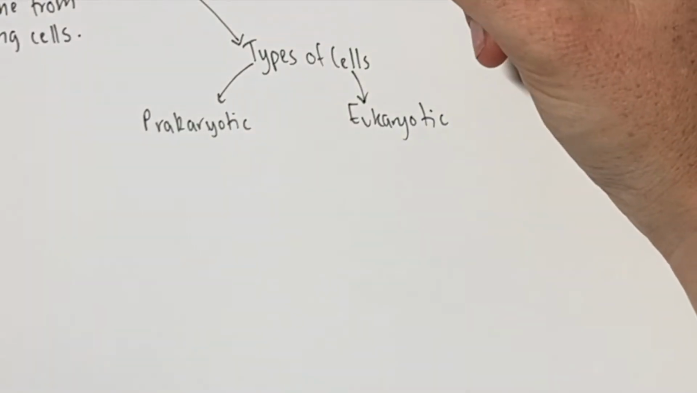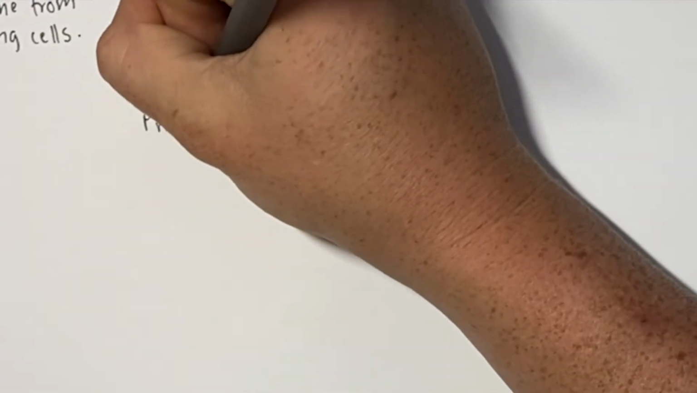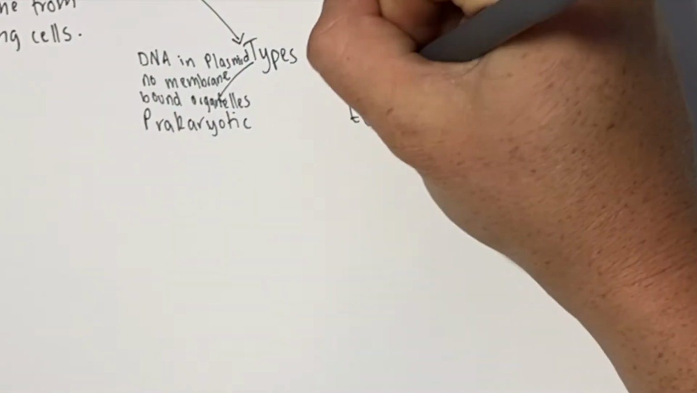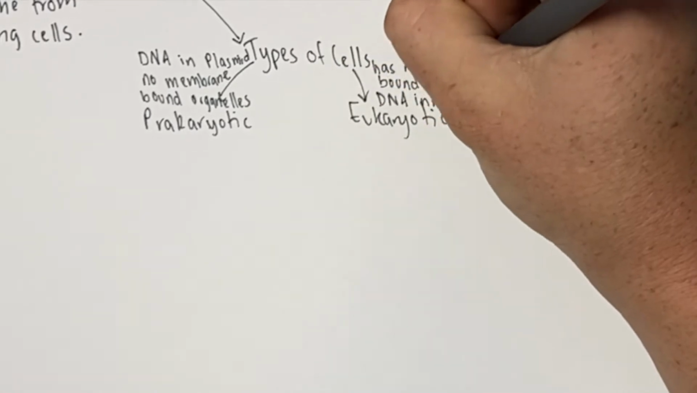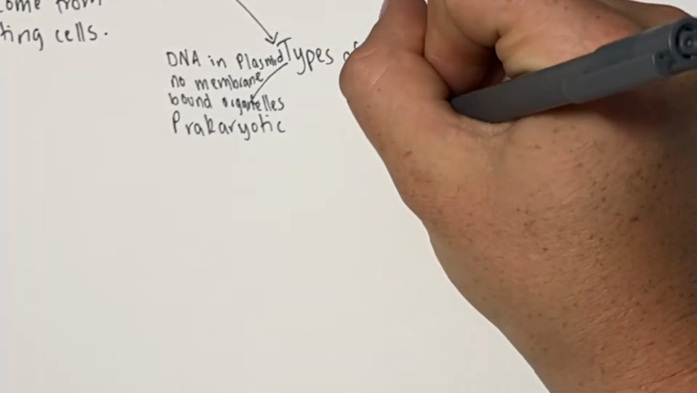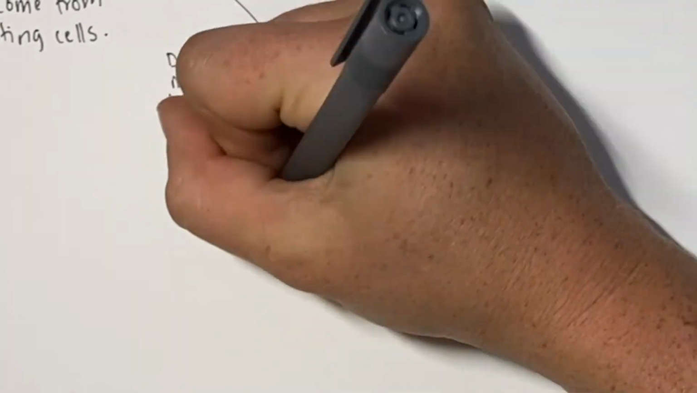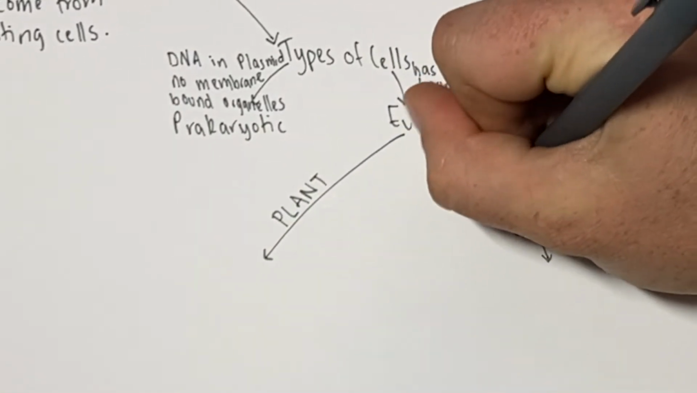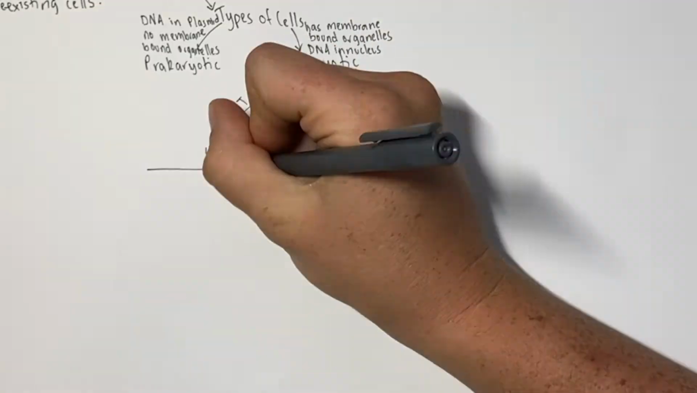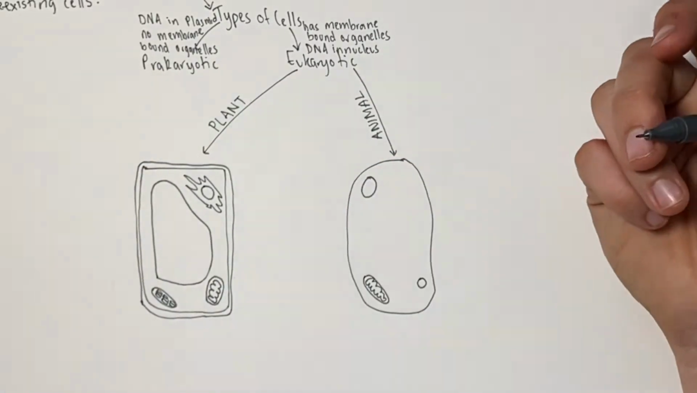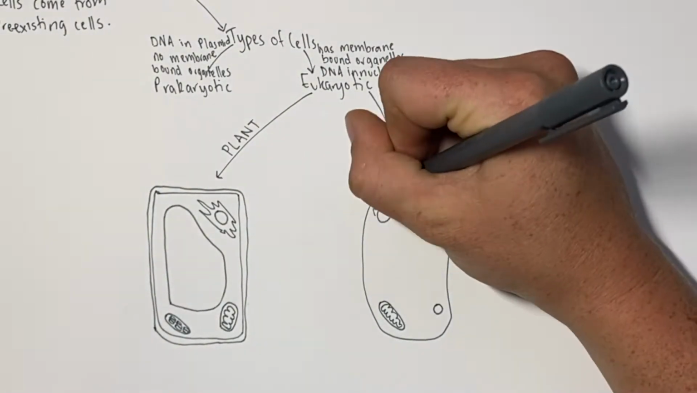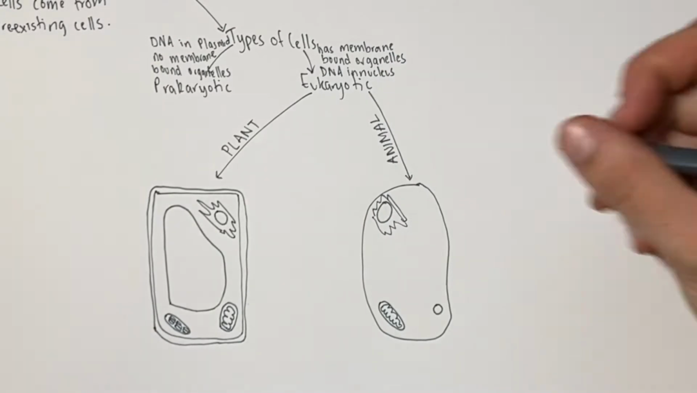Remember, prokaryotes have DNA in plasmids and they have no membrane-bound organelles, whereas eukaryotes have membrane-bound organelles, things like mitochondria and chloroplasts, and they have DNA in the nucleus, in that helix structure. Eukaryotes are broken down into plant and animal cells. While I quickly draw this up, now we're going to look at the organelles that are common and different between